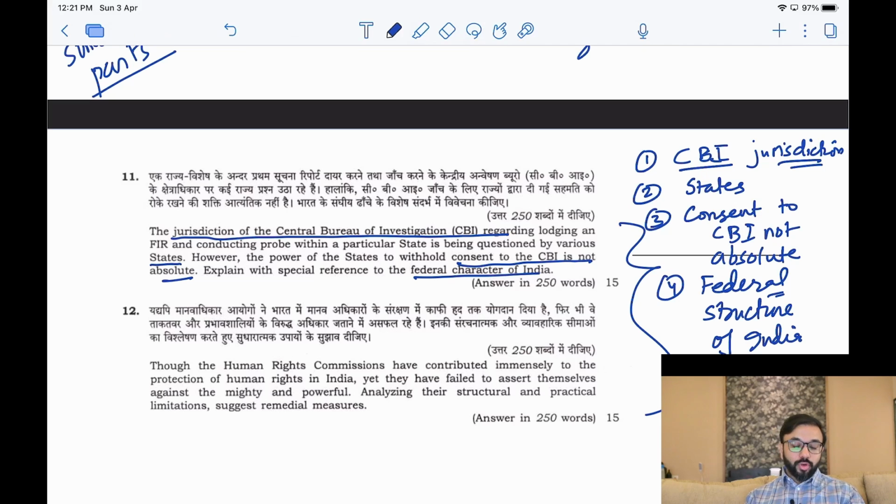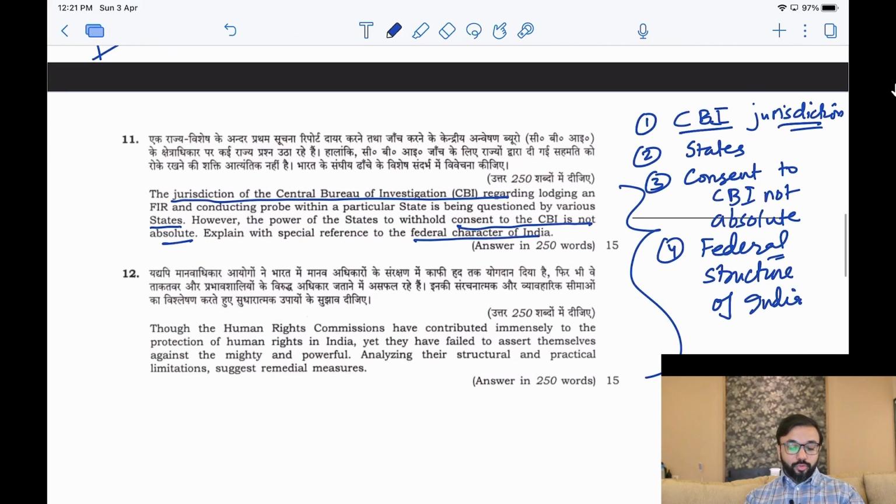See, if you were to keep reading the question, it would become harder. If you just try to keep reading the statement of the question, it will become very hard. But if you just break it down into smaller keywords, write down those keywords or underline those keywords and just try to break the question into smaller parts, then you will understand. Another thing you can do is you can relate it to a recent current affair in order to just get an idea कि क्वेश्चन क्या पूछ रहा है.